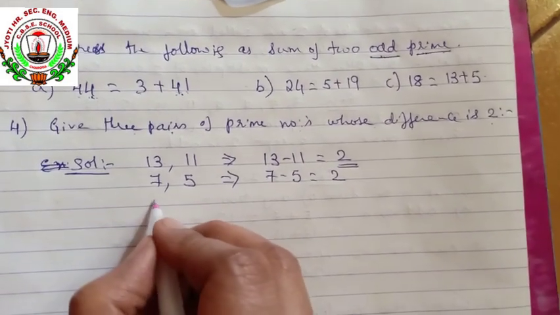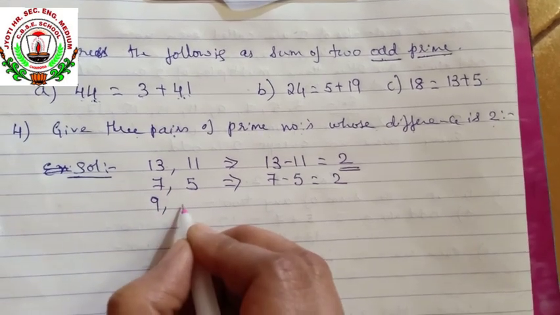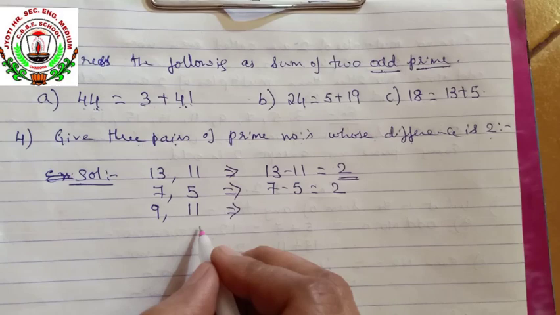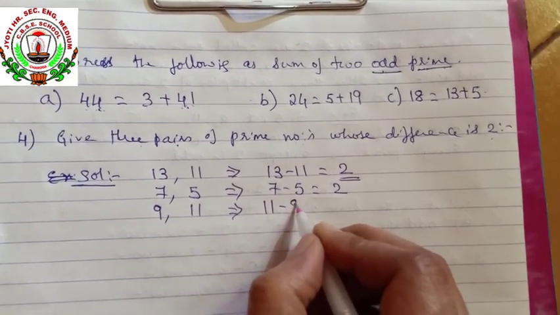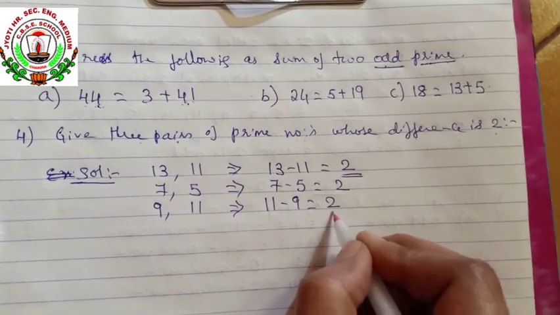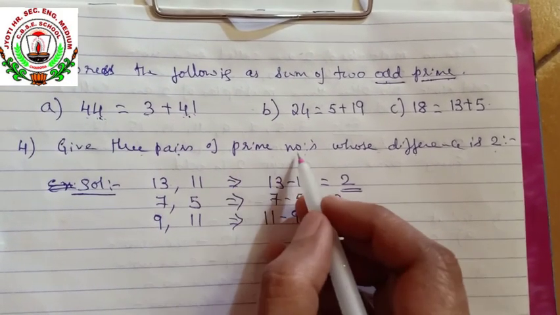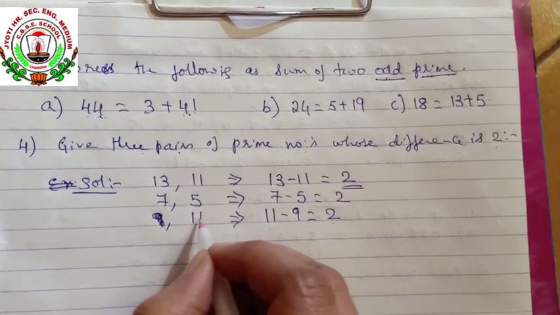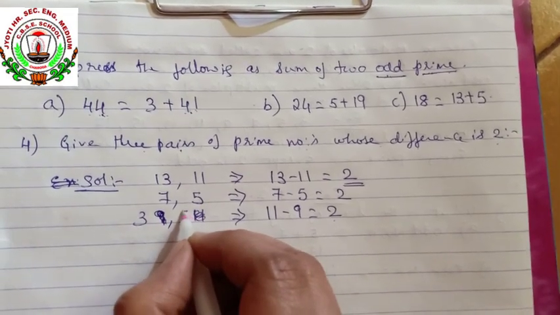One more, 9 and 11. 11 minus 9 is also 2. But 9 is not a prime,